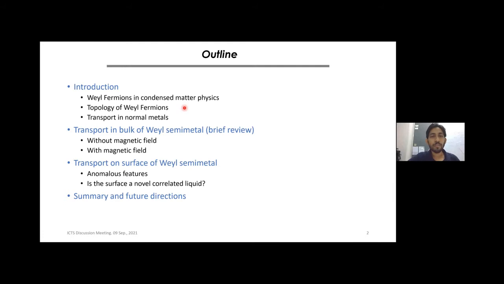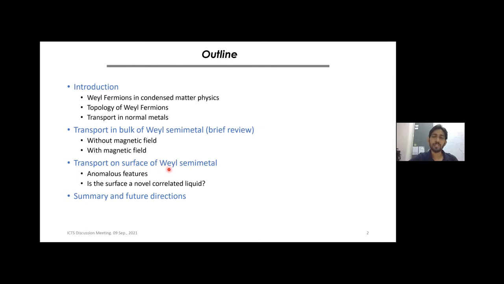Once I've gone through this part, then I will move on to transport in bulk of Weyl semimetals, both without magnetic field and with magnetic field. And here I will review some of the existing works which have dominated the landscape, let's say, over the last 10 years or so. And finally, I'll move on to